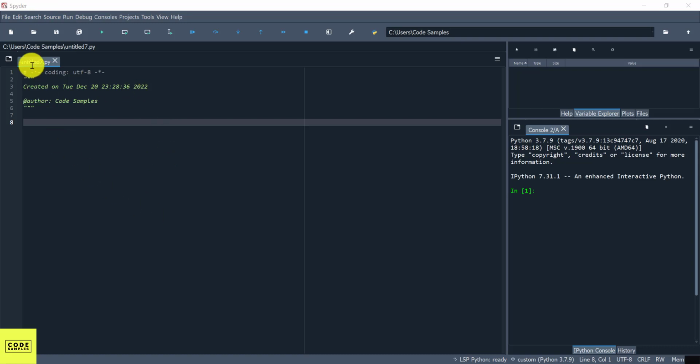So the first thing I'm going to do is open a new file, and you can do that by clicking here. And this starts a new template, and the template has just the author name and the date created, and you can always modify that. So I am going to write our first program, which would be hello world,